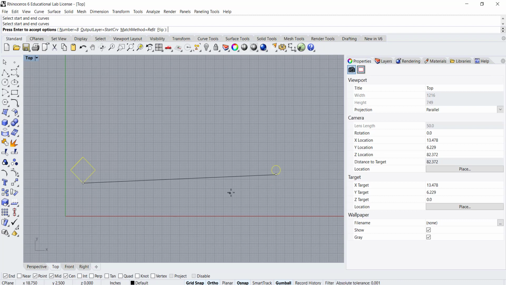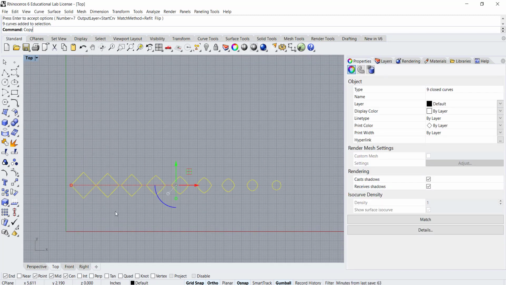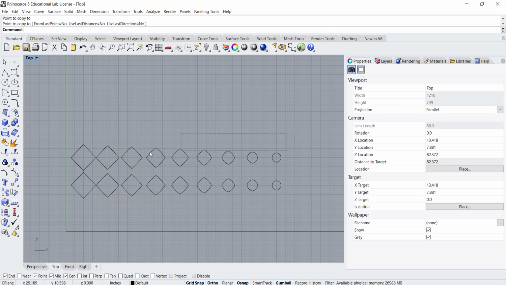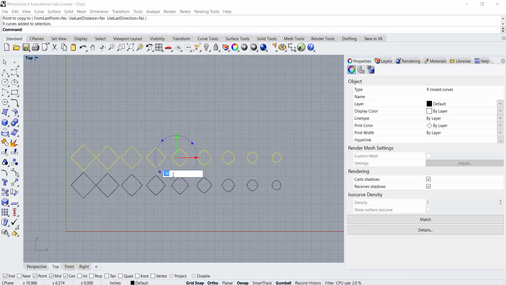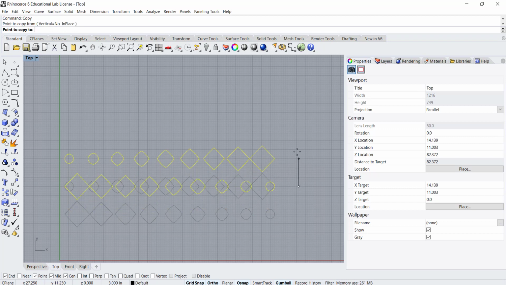So I'm going to accept these, and if I do this again with fewer in between so they're not overlapping, I'm going to change this number to 7. Now you can see that we have an even transition, and we could begin to do things like before, copy these curves and create some other pattern, again using copy and rotate. We can start to create some pretty interesting geometric patterns